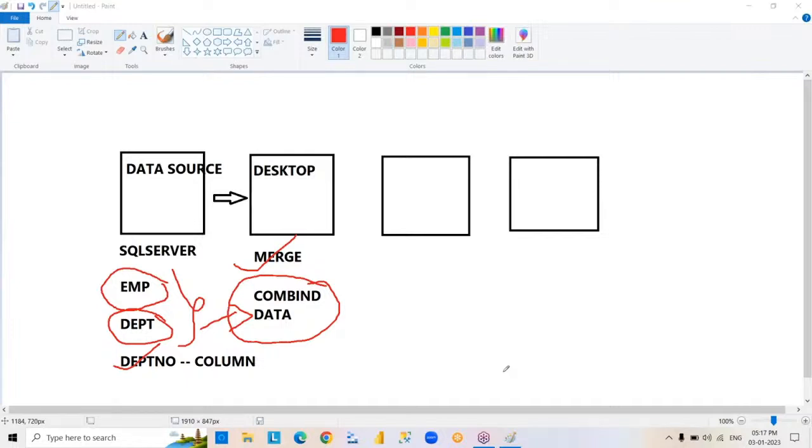We are going to minimize the number of tables from 2 to 1. 2 to 1 only. Please check it. So now after finishing this merge transformation,